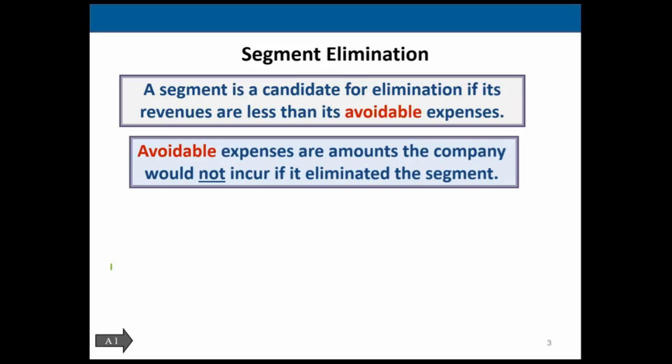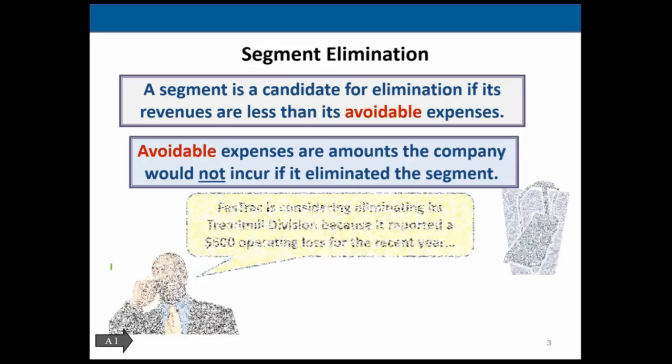So when we think about the costs applied to a segment, remember that we often apply costs that are both avoidable, and some of the costs that we apply are not avoidable because we are trying to think about the cost allocation as a whole. There's relevance to that type of allocation, but there's a problem when we start to look at it in terms of should we discontinue a segment if we're applying things that are not going to be avoided in the decision. So we need to do some other thinking about it, and that's what we'll take a look at here.